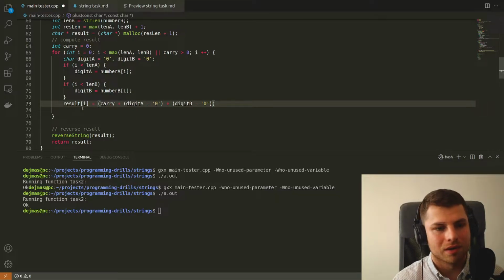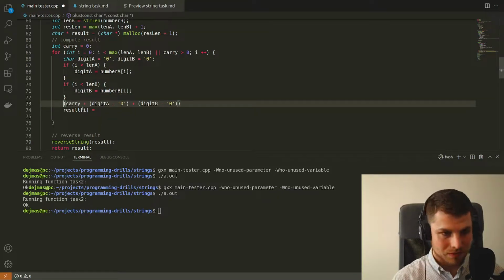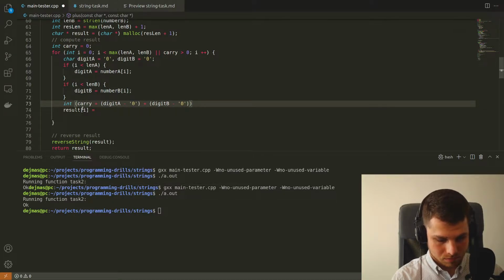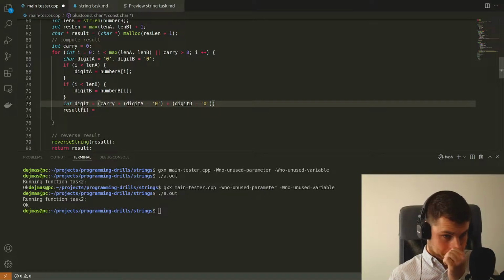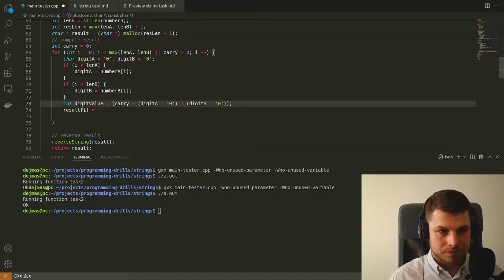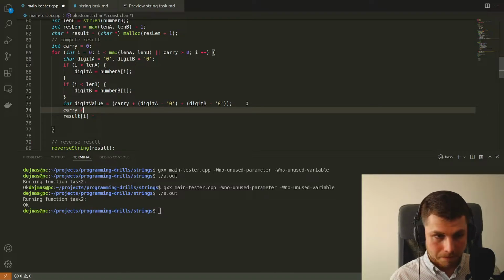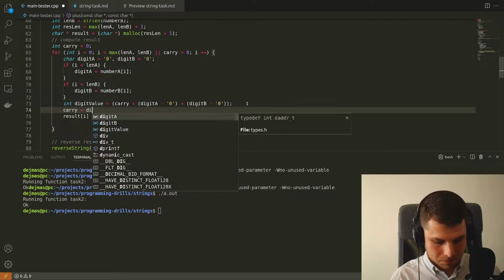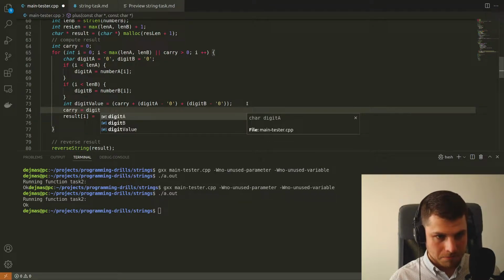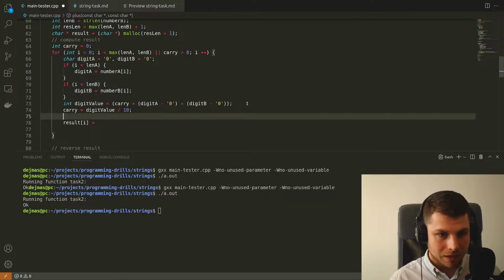We need here new carry, right? So let's maybe compute this in advance, like here. And this will be digit value. And this complicated expression we just do here. We will compute new carry. Carry is digit value divided by 10, and